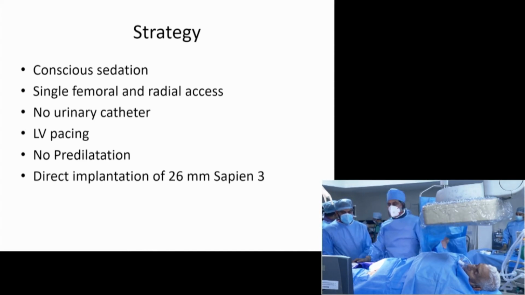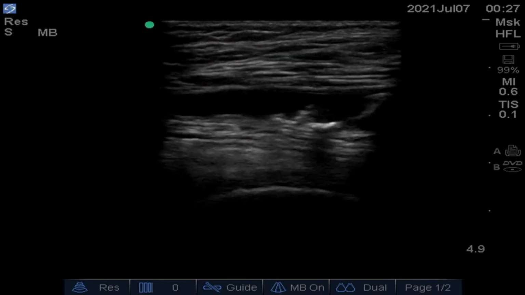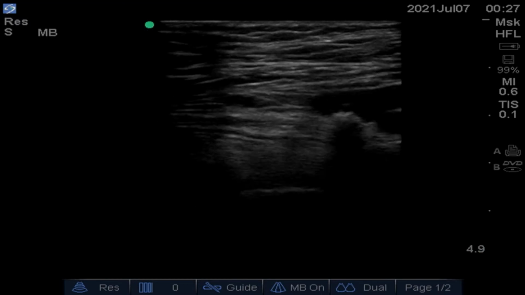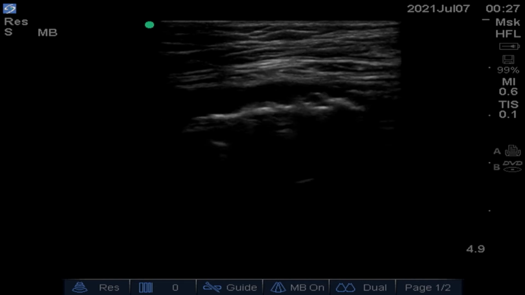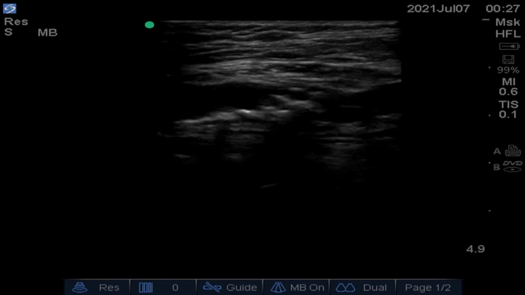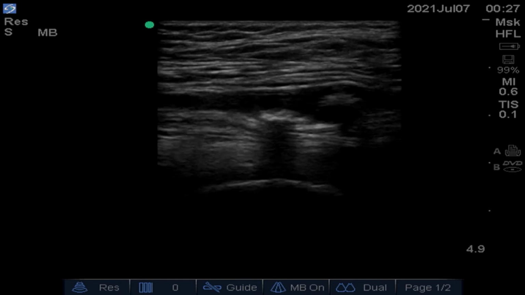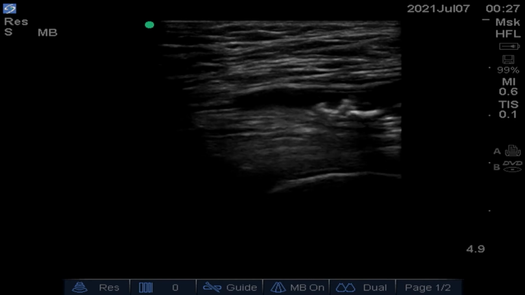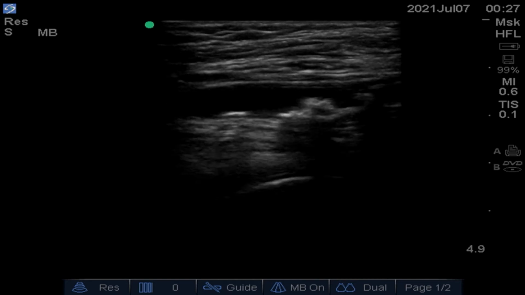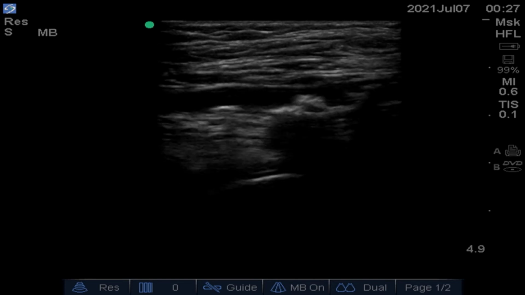So let's start. We'll do ultrasound guided puncture. So let's do it now. Yeah, so we can clearly see some calcium there. We can see the long axis of the femoral head, and you can see the calcium. We will give local anesthesia before, as this patient is under conscious sedation. We can see the bifurcation down, and there is a spot of calcium which I can see there, posteriorly. Yeah, there's no calcium there. So posterior only, more calcium in the posterior. So anteriorly, I think we have some space to puncture.